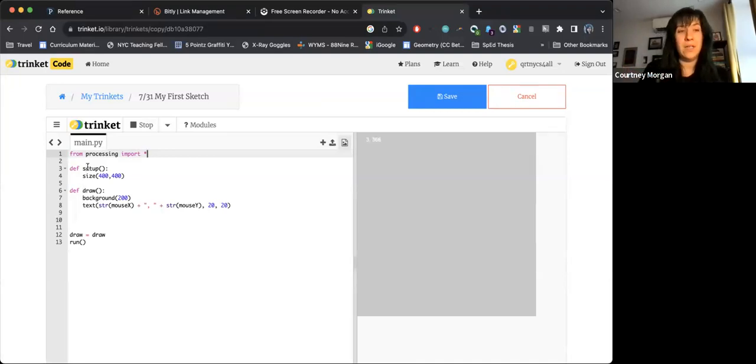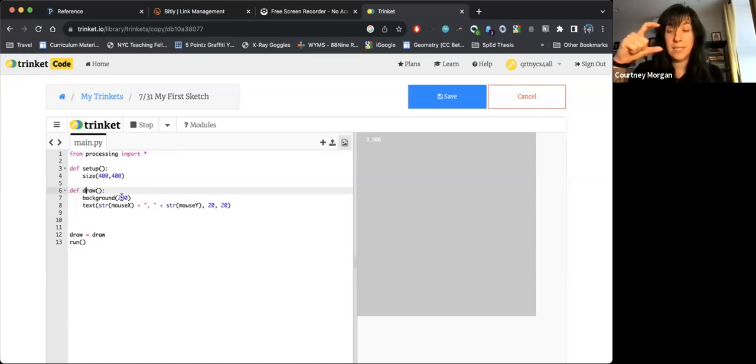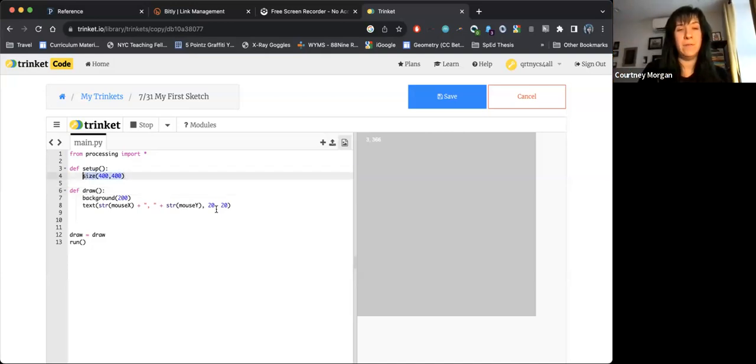The other things that are here, def setup and def draw, are two functions that are unique to Processing.Py. They do not exist in the rest of Python, and they are necessary to make our code function the way we intend it to. Within both of those, we can see that we have some other functions being run. And I'm saying within, we should notice that there's like this white space here. That indentation is really important in Python because it tells us that things indented under are inside of the function